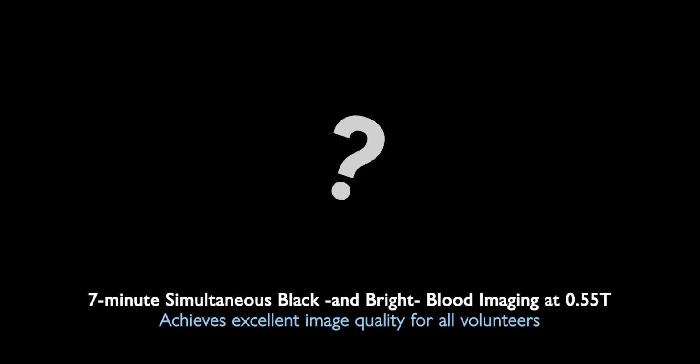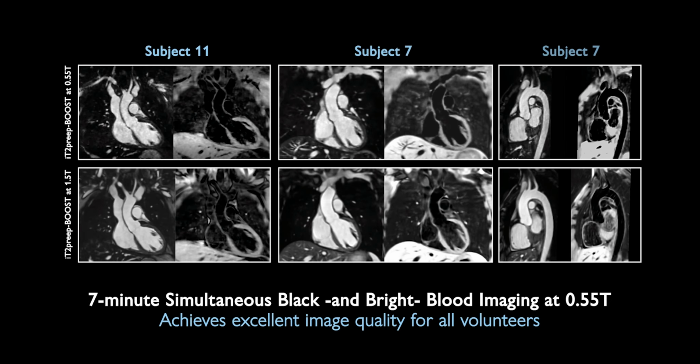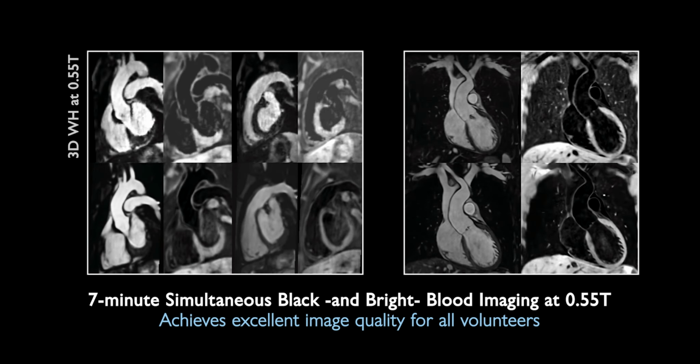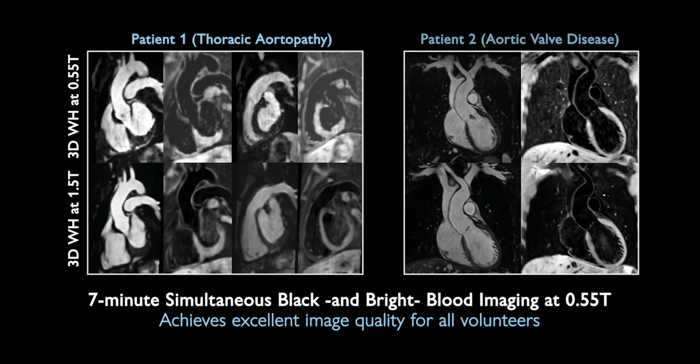Going back to our original goal, is the image quality of 0.55T comparable to 1.5T? It is. In the top row, we see the results of our 0.55T sequence compared to the corresponding version at 1.5T. We see an excellent agreement between both. But most importantly, we saw similar results in patients with cardiovascular disease at 0.55T when compared to 1.5T. Here, we show at the left results for a patient with thoracic arteriopathy and at the right, a patient with